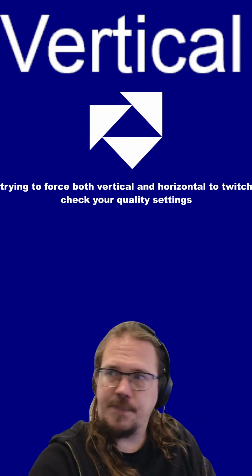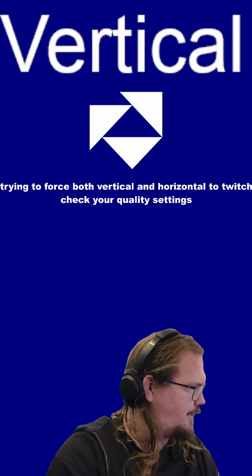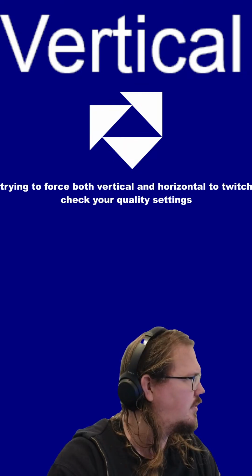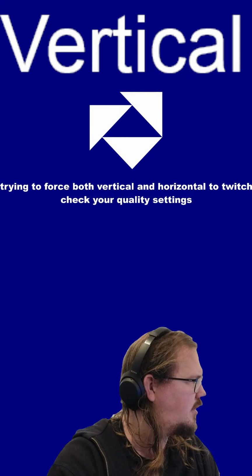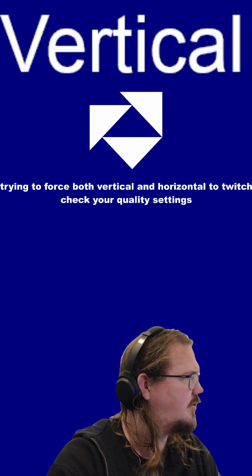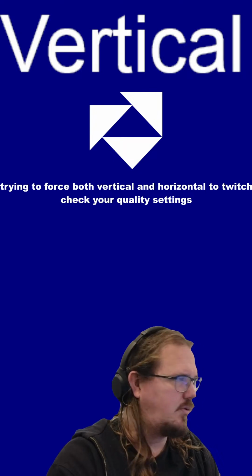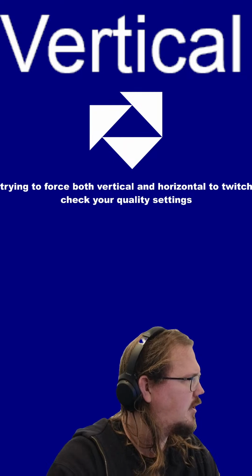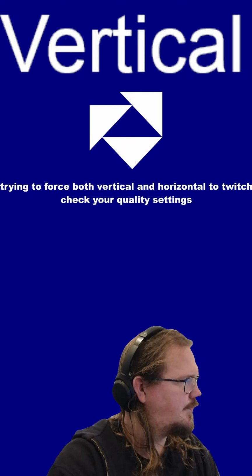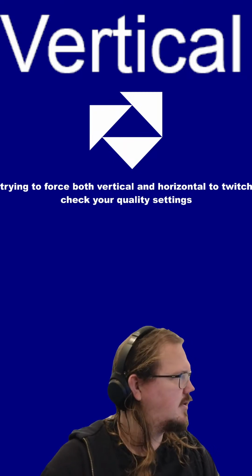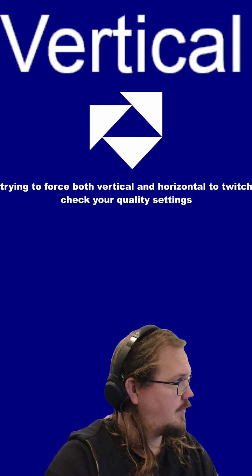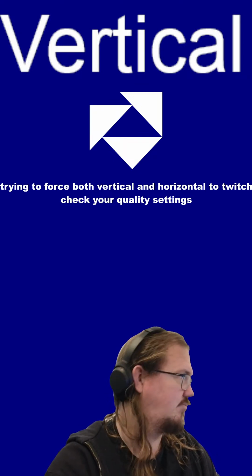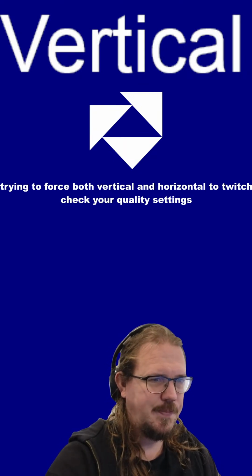So, yeah, I can show you my utilization of my GPU. If you watch the horizontal stream, you can see that my GPU is doing fine. My CPU is hard at work,